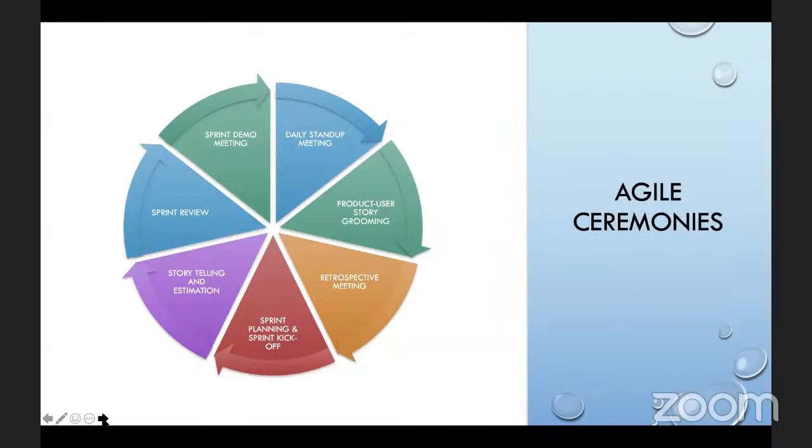So let's start with the top over here. We have the daily stand-up meeting. In the Agile framework or Agile methodology, we have something we call the daily stand-up meeting. What does this mean? Every day of the week from Monday to Friday, the Scrum team, and when I say the Scrum team, I'm talking about the developers, the software engineers, the software test engineers as well, the QAs, the quality assurance engineers, and some other members of the enterprise platform IT team.